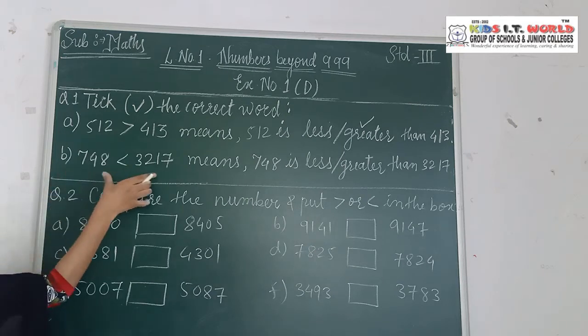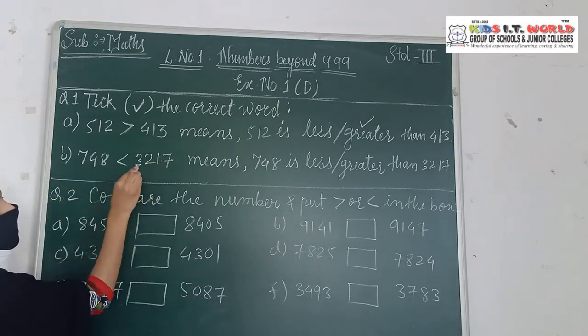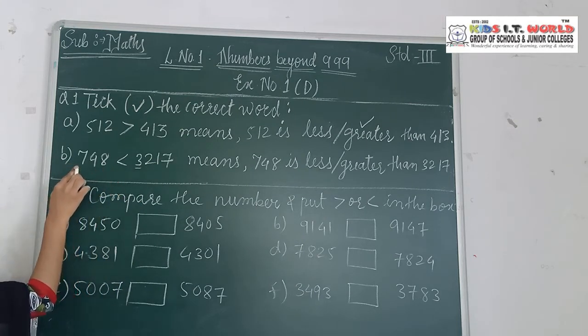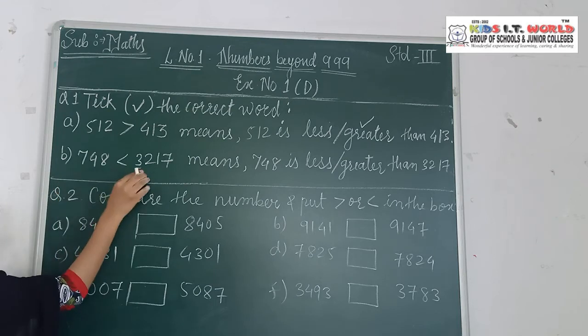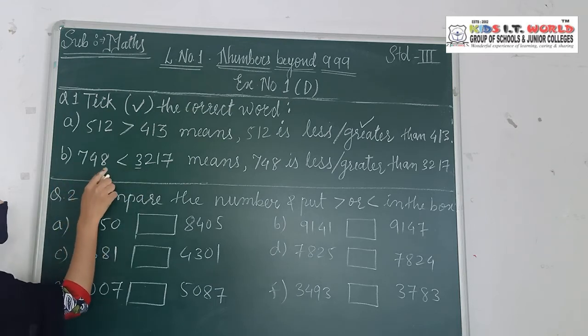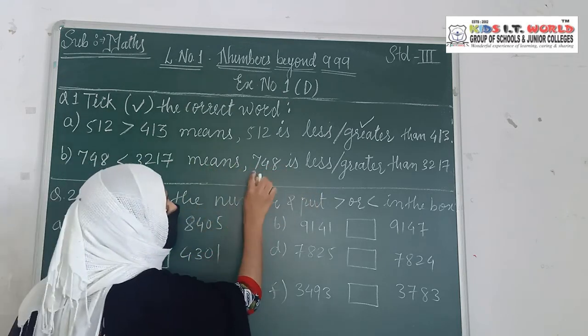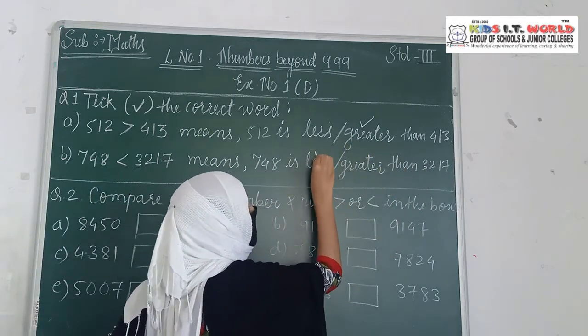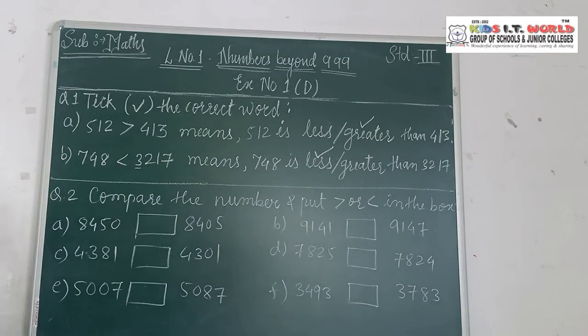See the difference between the question. Here the number is still the 1000 and here this number is of the 3 digits, means it's starting from the 100. So obviously which number is smallest here? 748. So which number will correct? 748 is less or greater than this one? Is less than 3270. In this way you have to tick mark the question. So you will do the C and D by yourself.